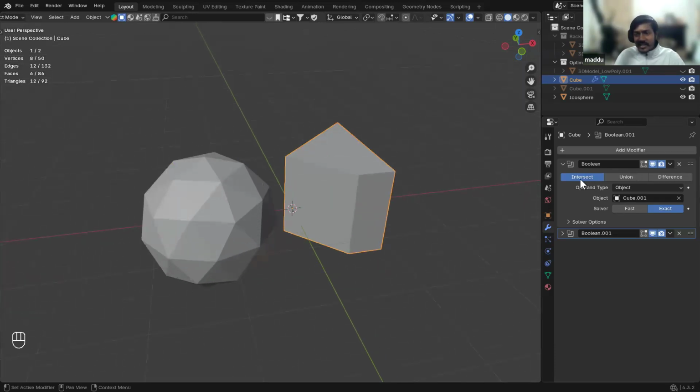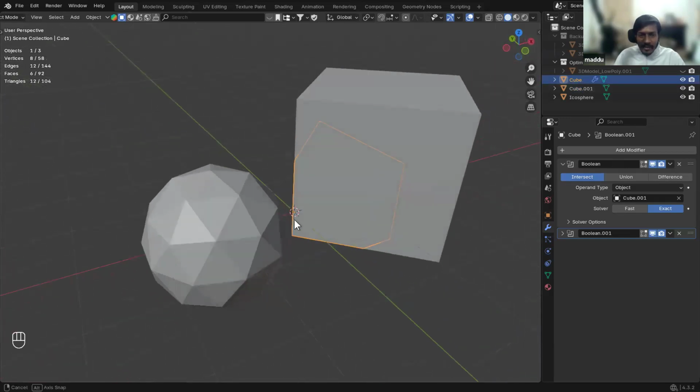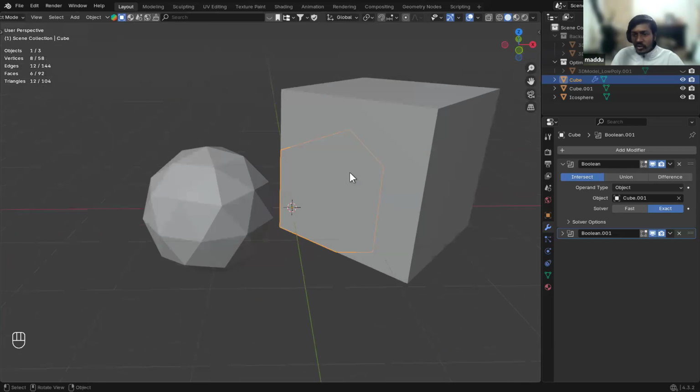So what does intersection do? Let's look at the cube. Now, before what it was doing, it was